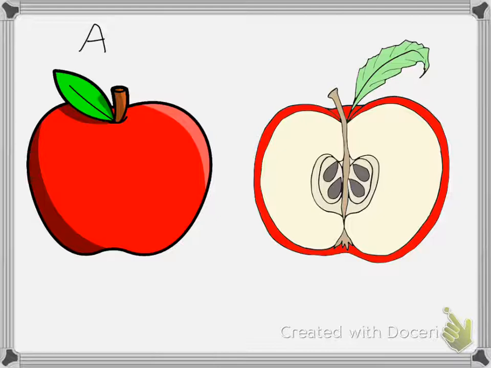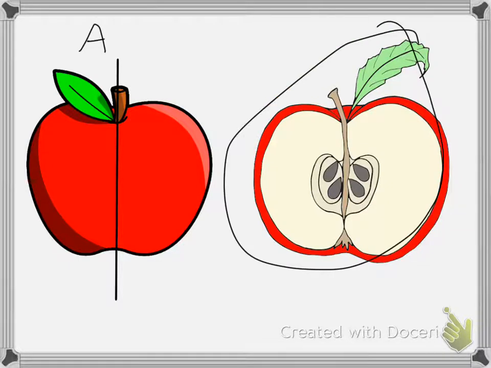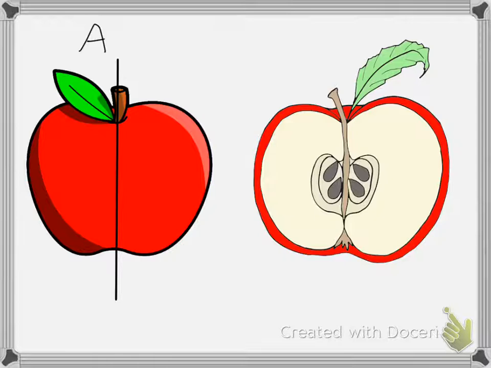When I cut an apple, you end up cutting it in half, usually this way. Let's get my line a little bit bigger, down the middle. When I open it up, I end up having two pieces, and those pieces look like this on the inside. So when I cut it in half, I end up having two halves, and each piece I would call 1/2